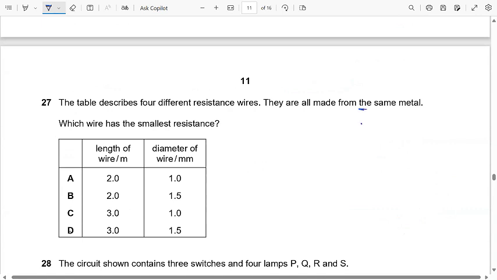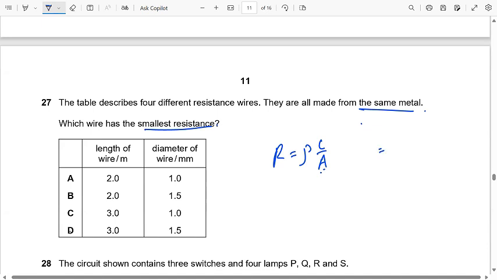Question 27. The table describes 4 different resistance wires. They are all made from the same metal. Which wire has the smallest resistance? We have R is equal to rho L over A. जिसका एरिया और लेंथ का कॉम्बिनेशन आप देखेंगे, जो कम बनेगा सबसे वही आप चेक करेंगे L over A को करके, और जिसका कॉम्बिनेशन सबसे कम बनेगा उसकी स्मॉलेस्ट रेजिस्टेंस होगी। ठीक है, आप चेक कर सकते हैं पहला वाला।